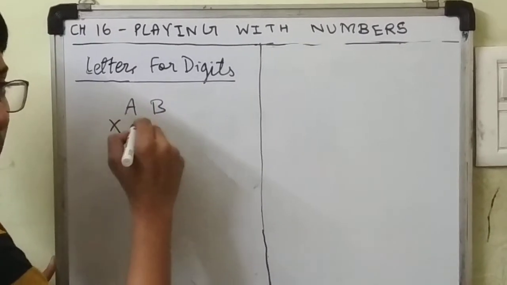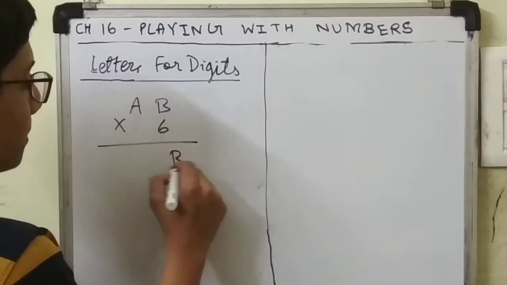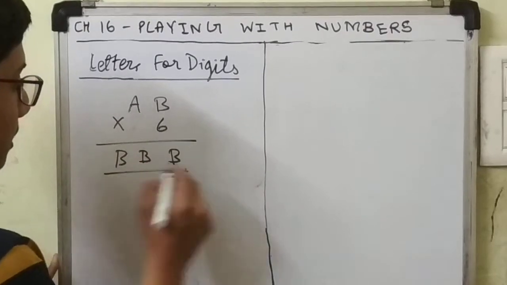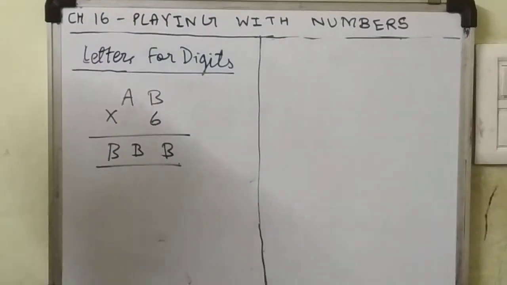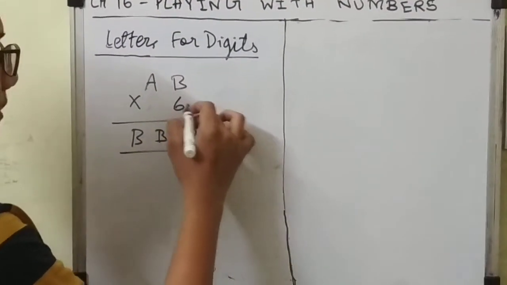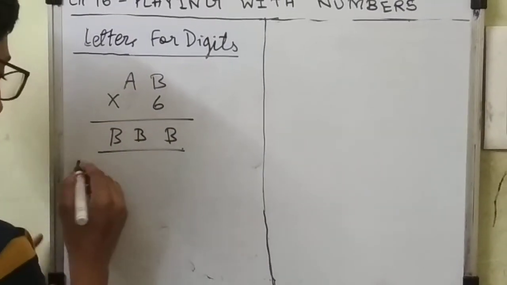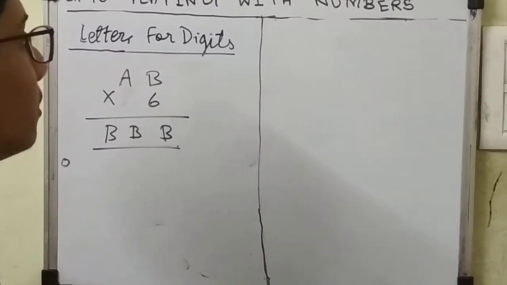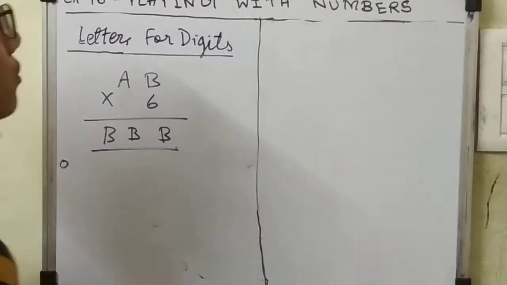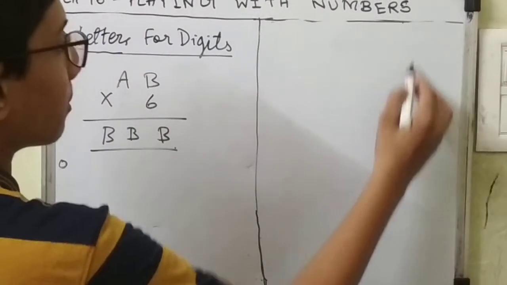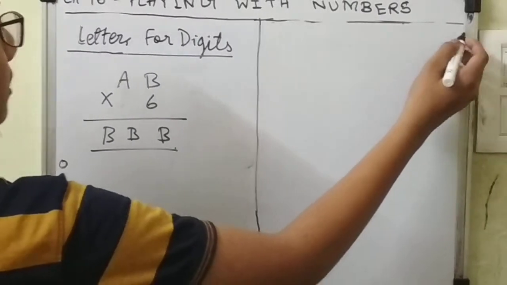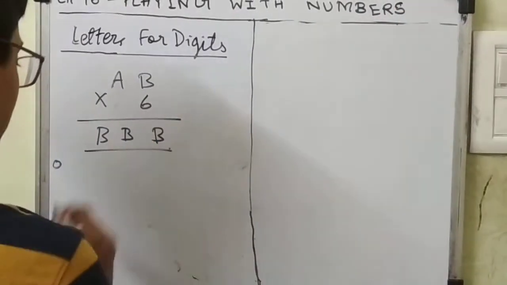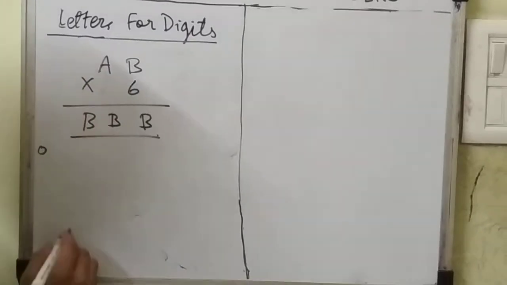AB multiplied by 6 gives B. Okay, now how to solve? Now search for a possibility which multiplied by 6 gives the same number. Again draw the table. Don't draw the table, but you search for possibilities in the mind or in the corner. Like if you are solving in a notebook, in the corner you can draw a margin and write rough work, and you can see the possibilities. Don't draw such type of table in your notebooks.